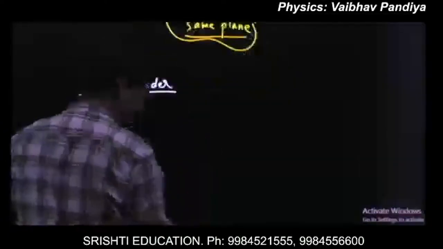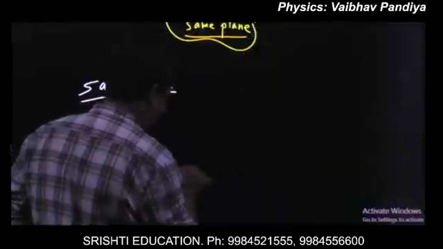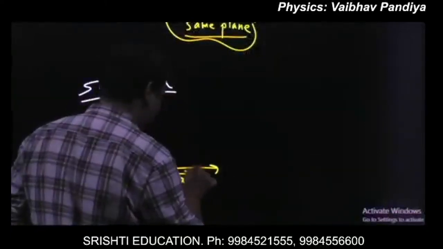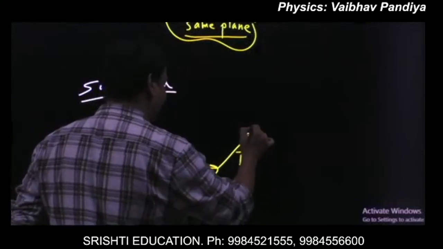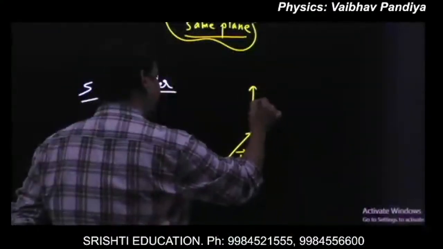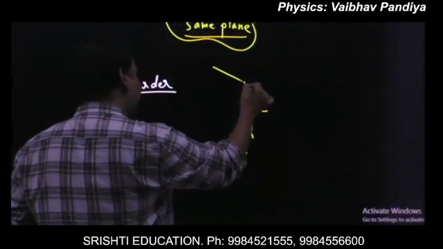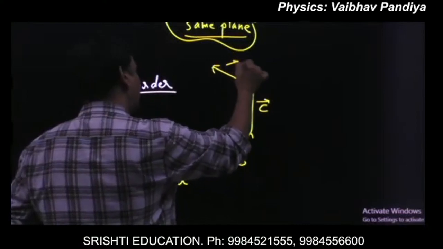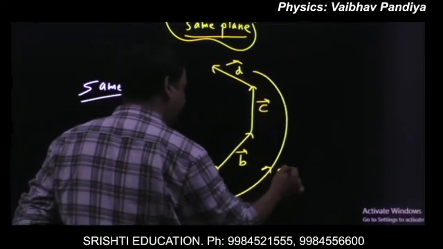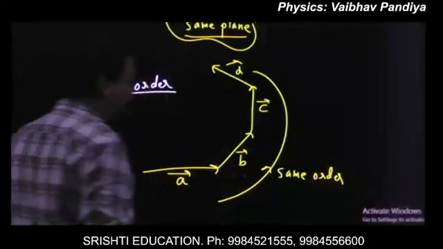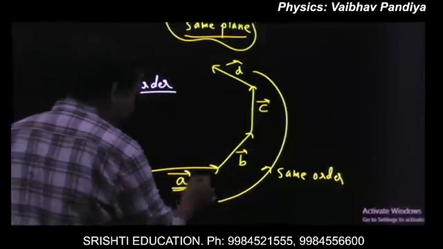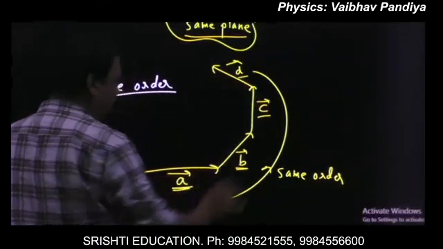Same order means if you are making the vectors, suppose you made a vector A, then on the head of A, you will make the tail of B. On the head of B, you will make the tail of C. On the head of C, you will make the tail of D. So you are going in the same order. This is the meaning of same order. Okay. So suppose if you want to add four vectors, say A, B, C, D, represent them by